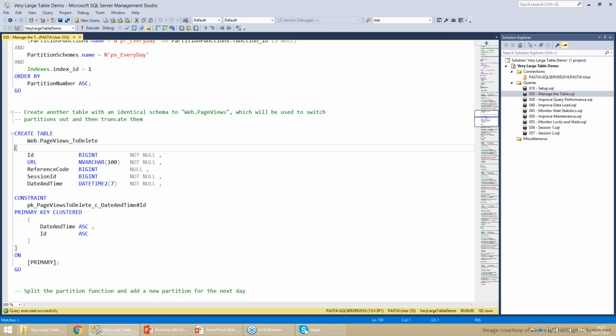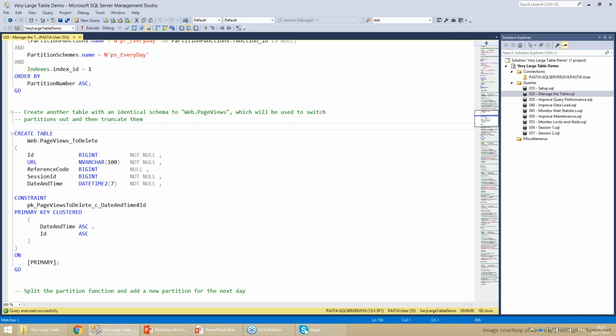Okay, now let's talk about the archive operation. For simplicity, I'm going to just delete. I want to have a job that runs every day, deletes the oldest day, the 181st day before, and also prepares a new empty partition for the next day. This is something that's going to happen every day.